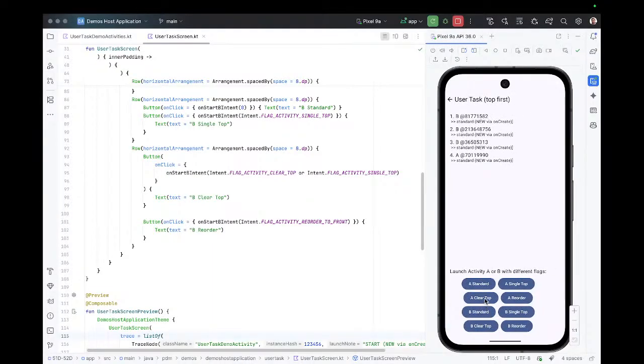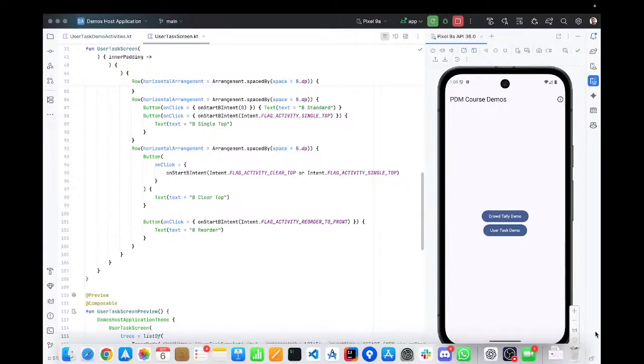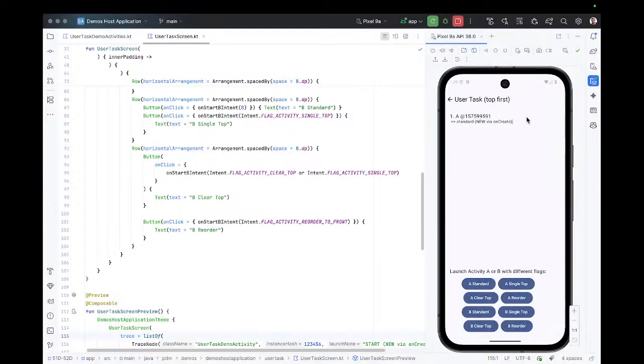Oh, clear top, drop all B's, and bring the A for the top again, and that means that I go back and there are no B's here. Okay, I hope this clarifies how we can manipulate navigation in our case. Maybe I could do a little better here by stating of which type is the current activity, but I think it's easy to see that at the top is always the current activity, so the type of the current activity